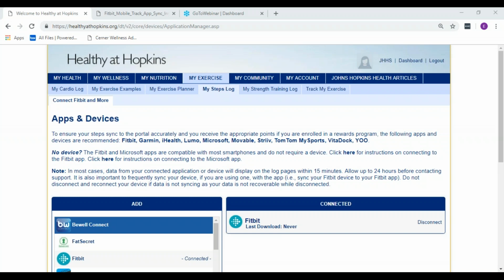For entities that do participate in the annual rewards program, I know I said earlier, it's not all entities, so I want to make that clear. But for those entities that do participate in the rewards program, yes, this STEPS challenge is incentivized. You can earn points, but you must log or sync your steps at least once each week for all 4 weeks. So that's why I kept saying earlier, make sure if you're manually entering, go in at least once a week. So you have to log or sync your steps at least once a week, each week of the challenge,